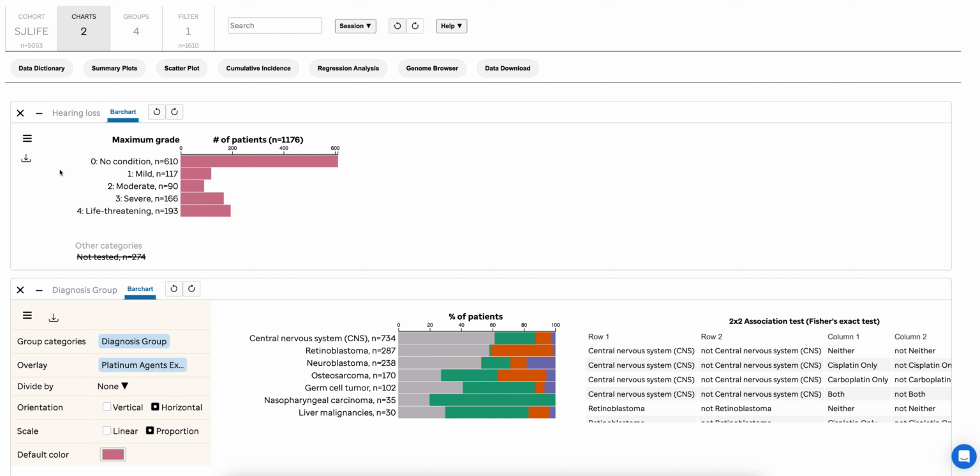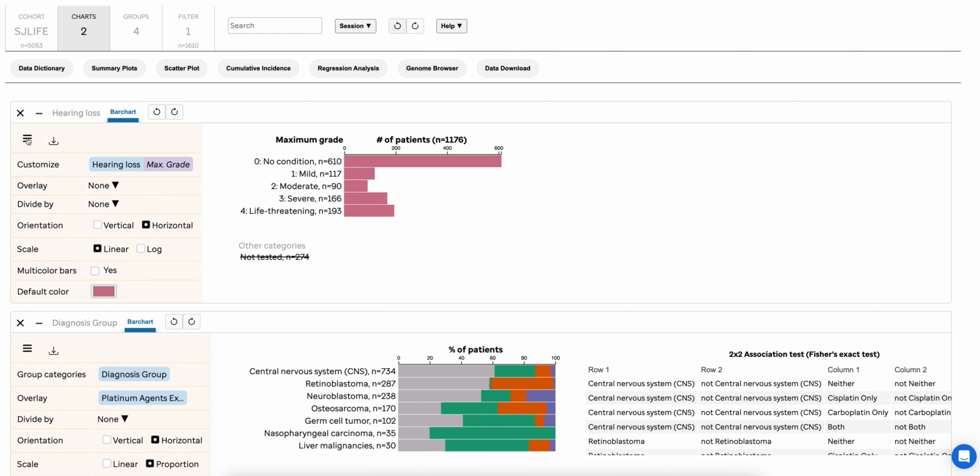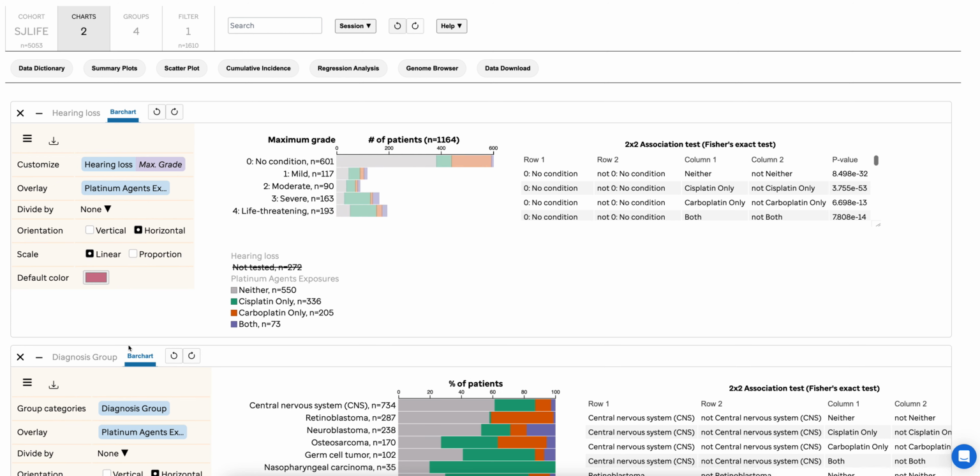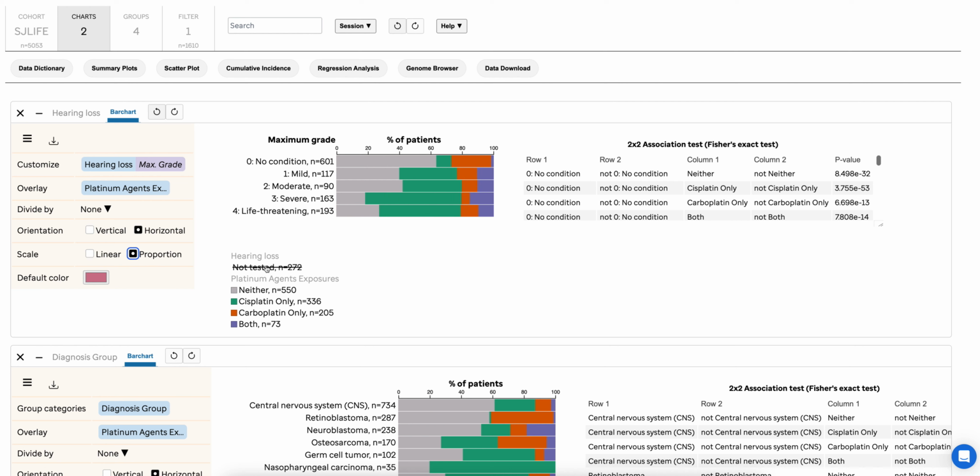And then to overlay our custom variable onto this chart, we can go to overlay in the drop-down menu, and here we can see our custom variable. And now the chart is overlaid with our custom groups. And then when we convert it to proportion, we can see that